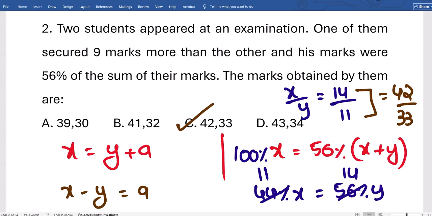Don't always run for equation solving. You just think in the other direction also. This is how you can find option C. I too agree, people can solve this question like x equal to 14k, y equal to 11k. Putting that in the first equation, 3k equal to 9, k equal to 3, then 14 into 3, 11 into 3. You can do that. I'm not saying no for that, but save some time, which may be useful, especially for verbal